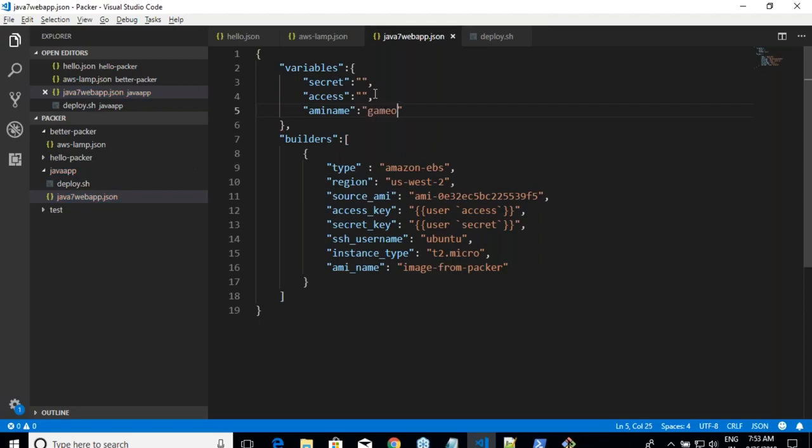If I don't pass the variable, pick the value from game of life. That's a default value, right? And how do I replace this? Use double curly braces, user, and what is the name of the variable? AMI. Simple.